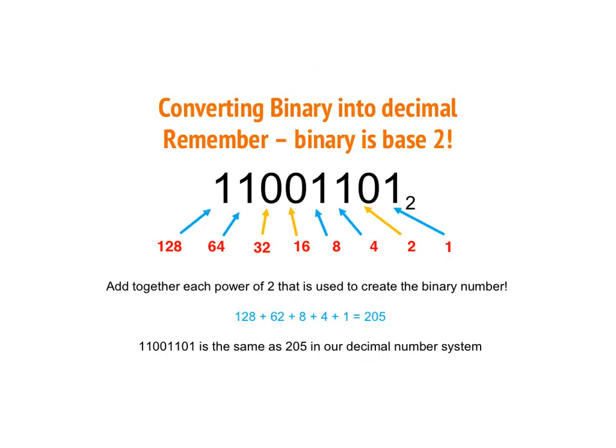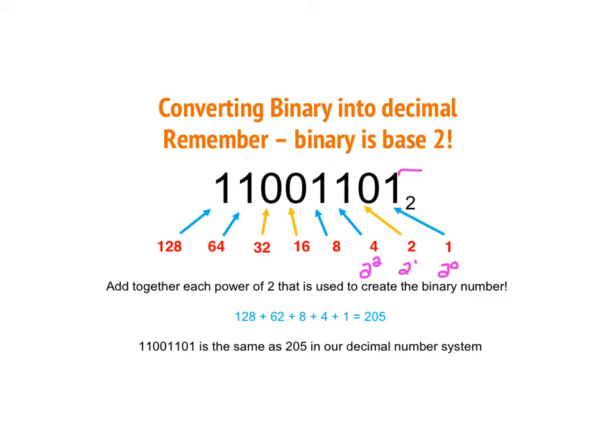In order to convert a binary number into decimal, what we essentially need to do is figure out what each of these different numbers represents. So we can see we have the binary number 11001101, which to us doesn't mean a whole lot. But if we remember our powers of 2, 2 to the power of 0, 2 to the power of 1, 2 to the power of 2, and so on,